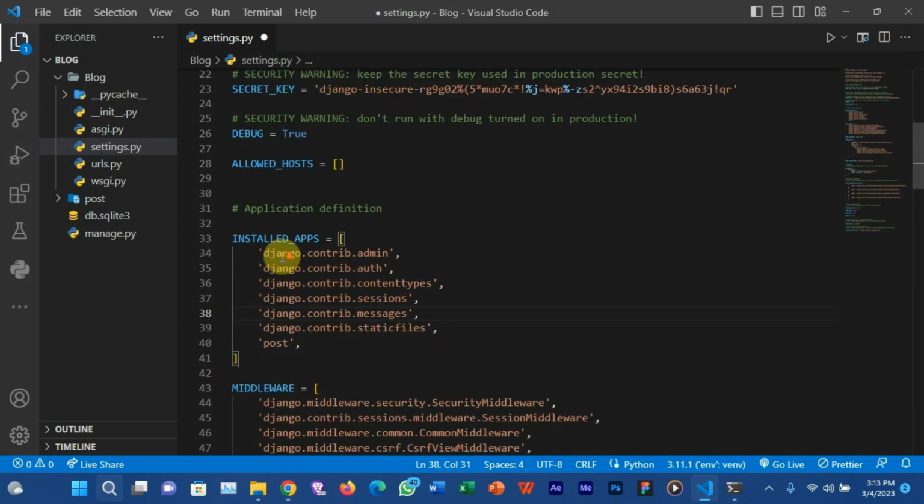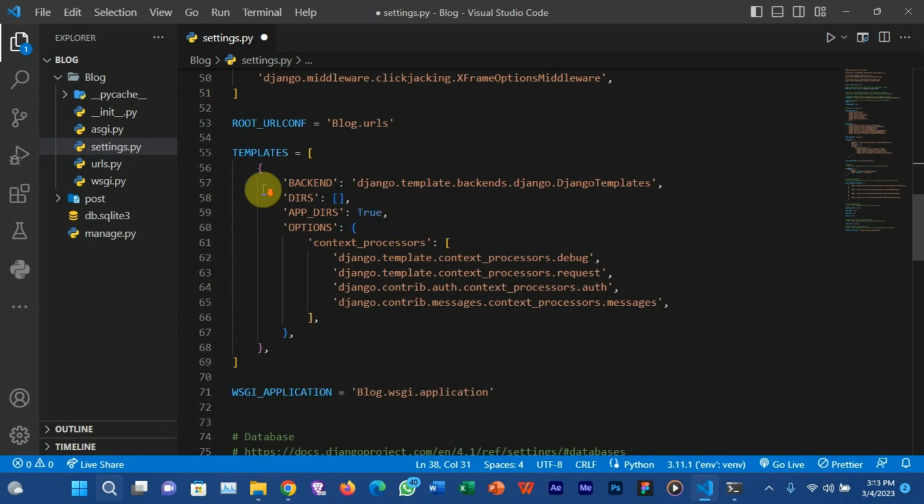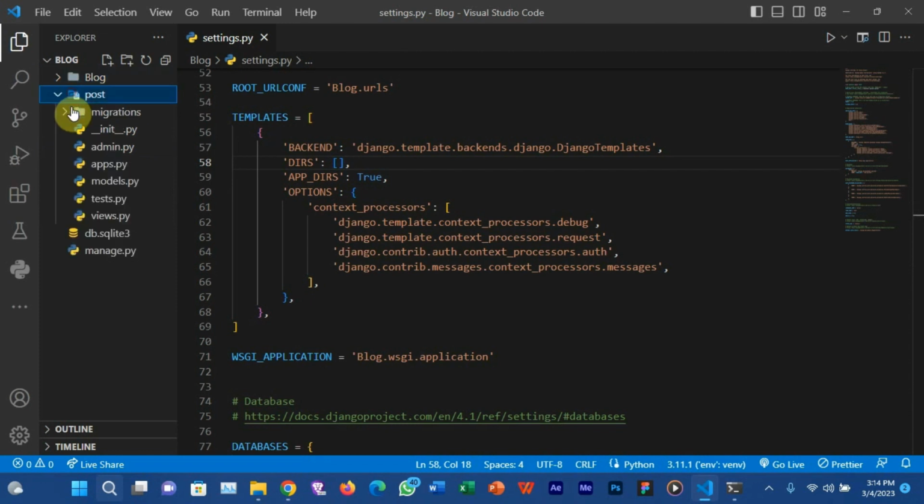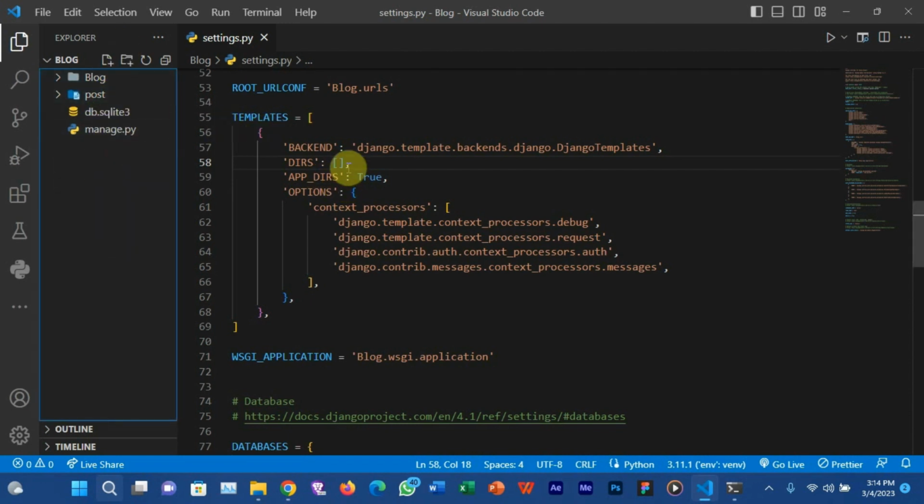You can choose to import os, or you can just write BASE_DIR and then a slash and type the name of the template folder directly, and it will also work. Why we are doing this is because by default, Django will look for our template folder inside our application. Since we'll be taking it outside, we need to specify the new path to the template folder.